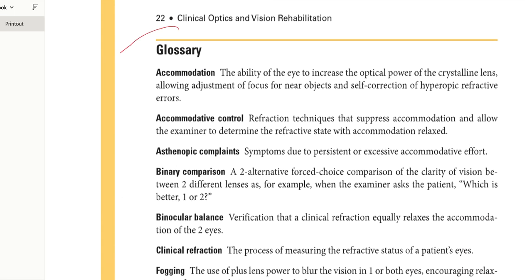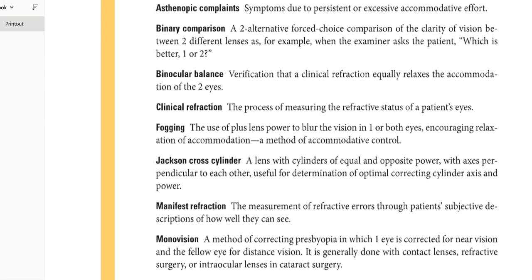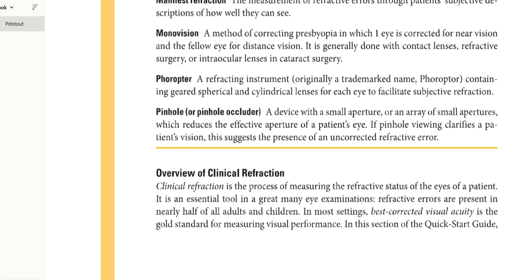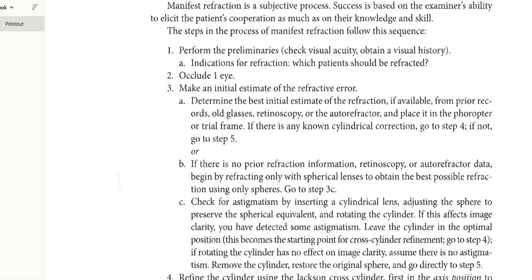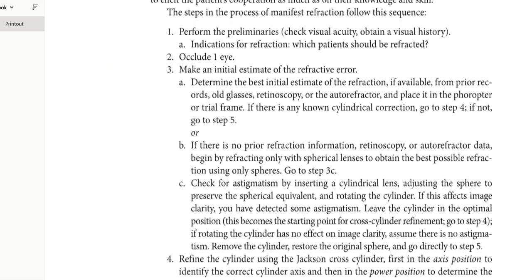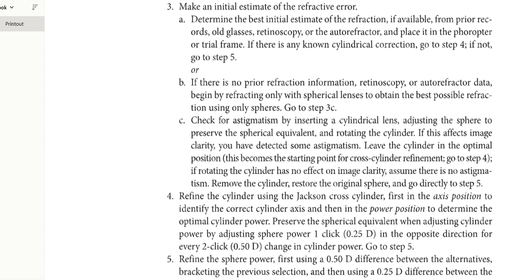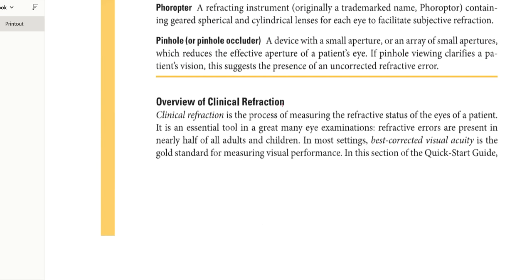Again, glossary. You can't skip any definition here. Just give a quick read to the